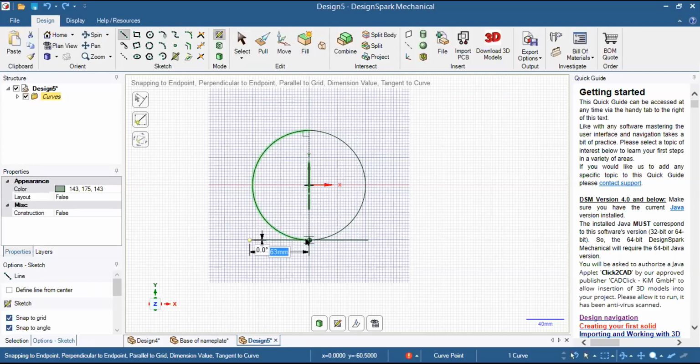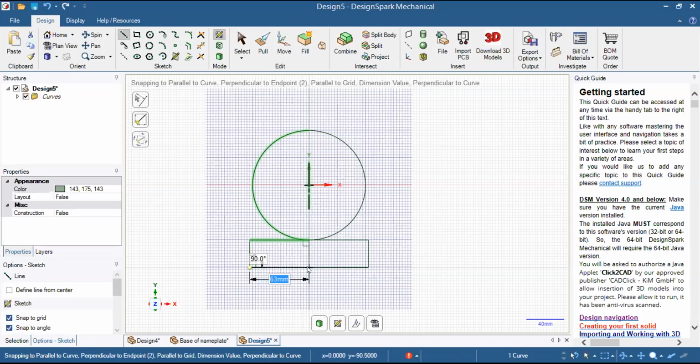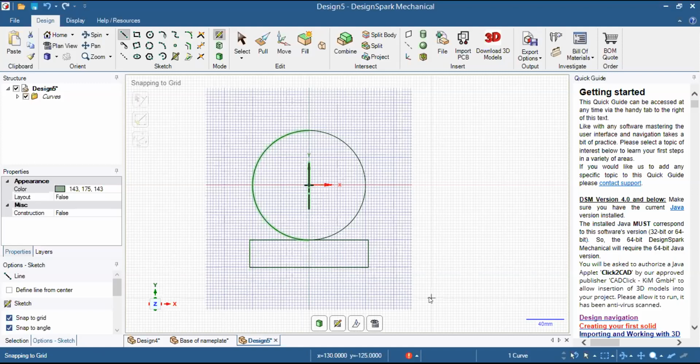other side. I will freeze it till here, and then I will go to this point and will drag it down to 30 mm. And then from here again, I am now about to complete my rectangle by just clicking it till here. So like this, we have used the mirror command.